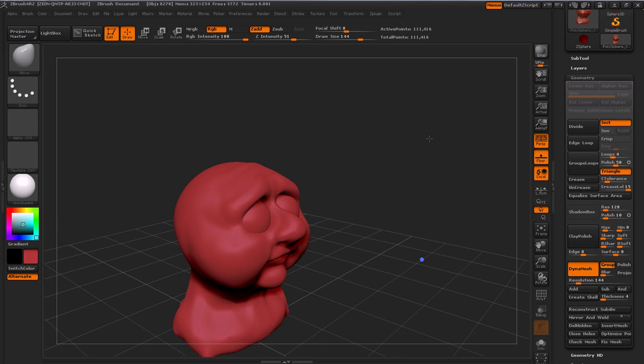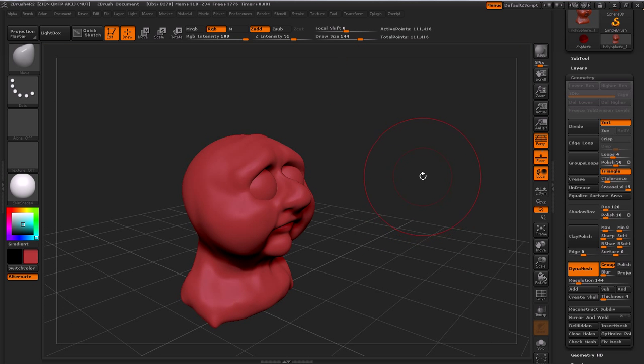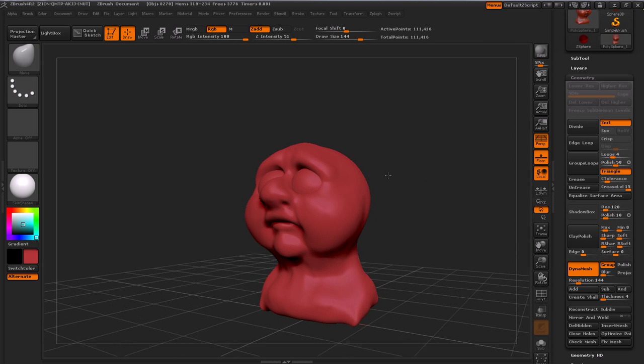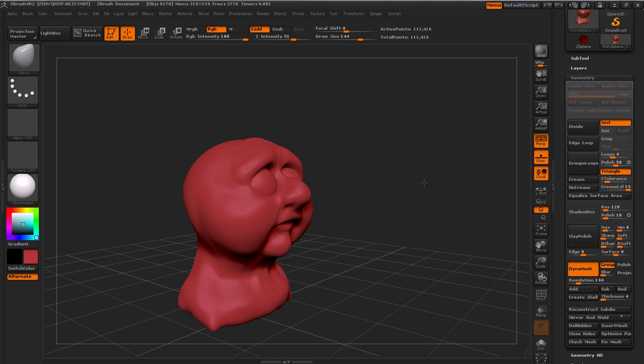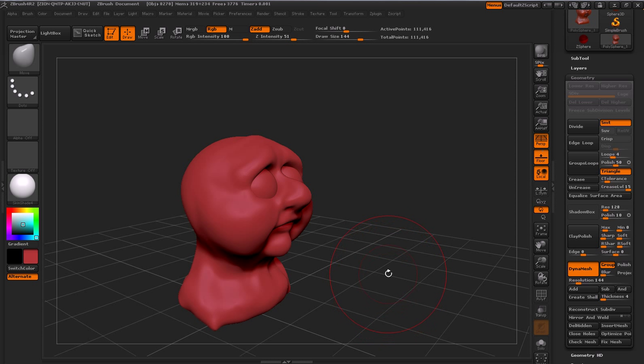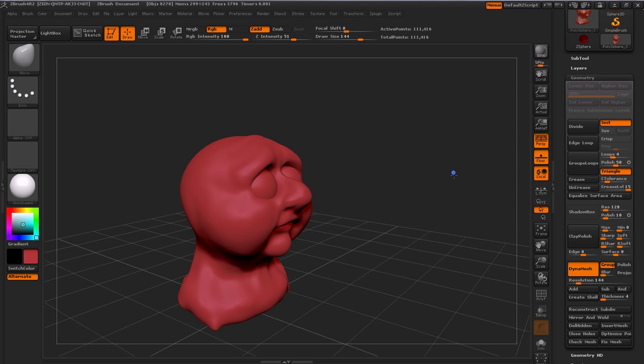Okay, so those are some basic techniques for creating a model inside of ZBrush. We went through it a little bit quickly, and there's still a lot to learn in ZBrush. Again, I highly recommend you checking out some of the tutorials that already exist out there. Just as a quick example,